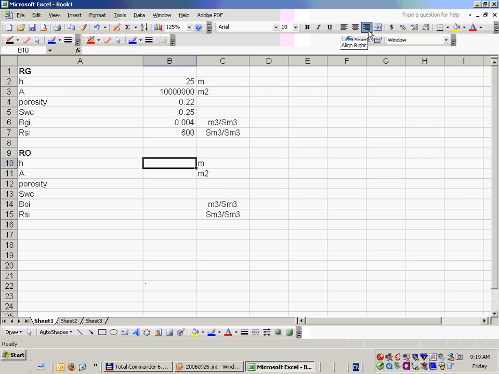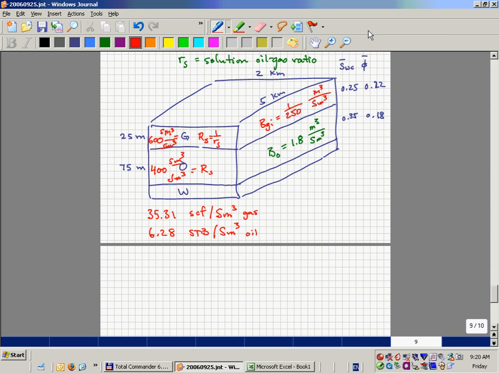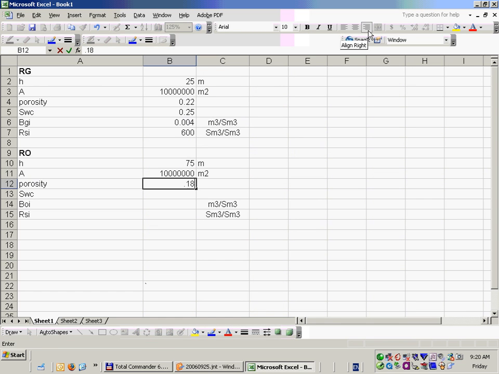Okay, and then thickness here was 75. That's the same as up here, area. Doesn't have to be in the gas and the oil. They can be different areas. Porosity was 18 and 35% water saturation in the oil zone, 1.8 formation volume factor, and 400, which is a very high solution gas-oil ratio. Okay, so basically we want to calculate over here the initial